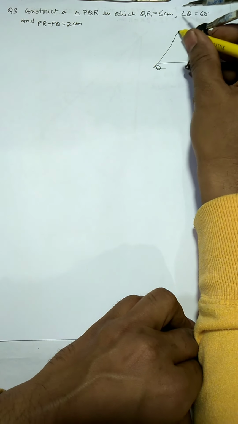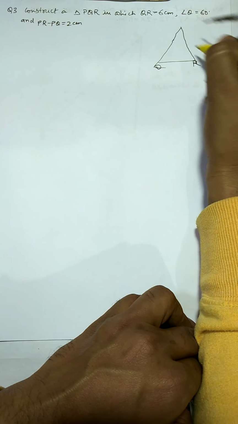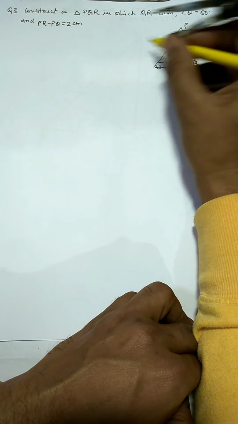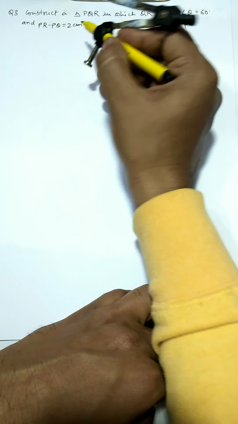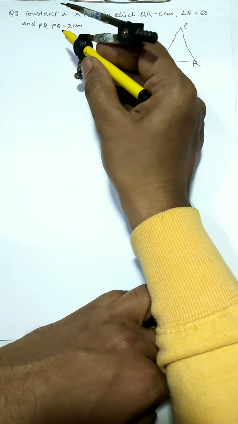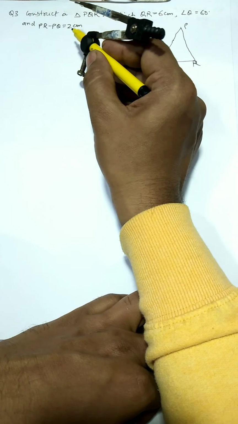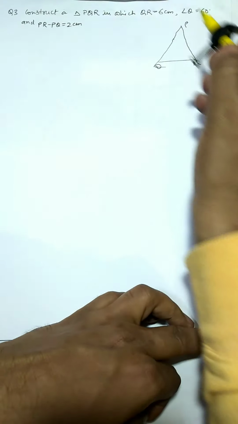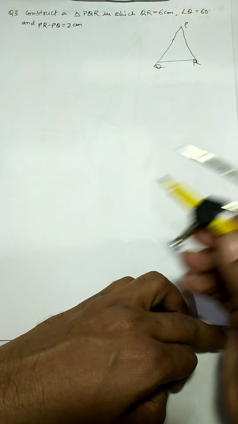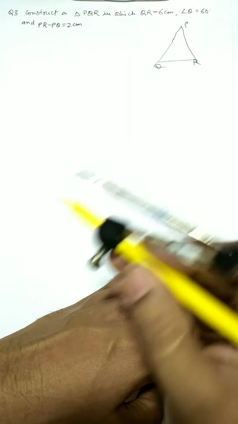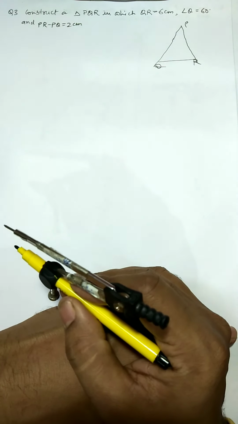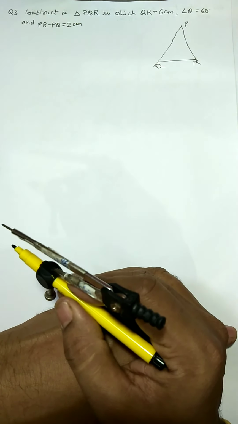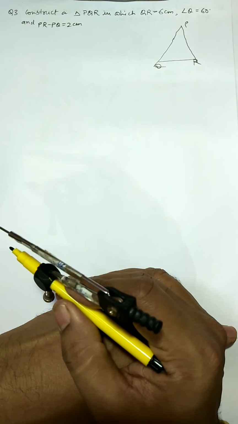It means that PR is greater than PQ, where this is P and this is R. Why is it greater? Because you only get a positive difference when you subtract a smaller number from a bigger number. So PR is longer than PQ. Now this construction will be done in a specific manner; first it will be done, and after that the reasoning part will be discussed.